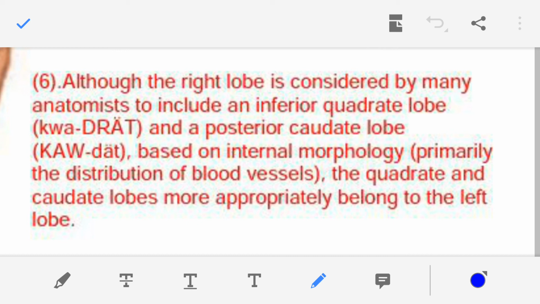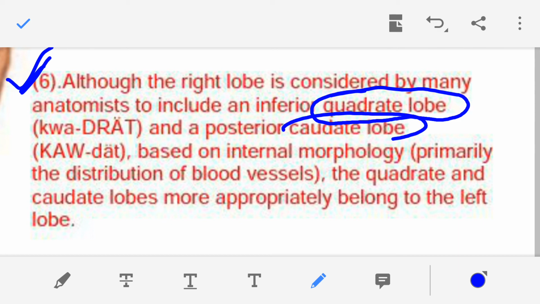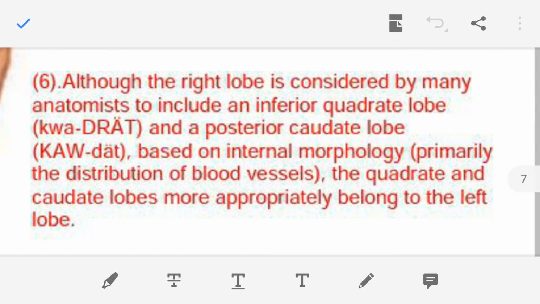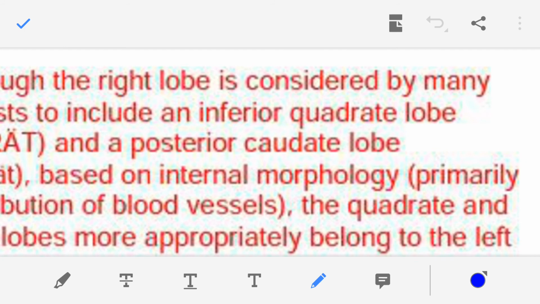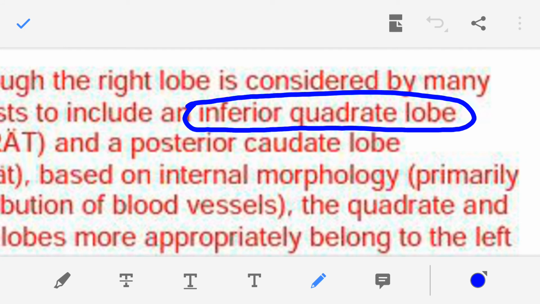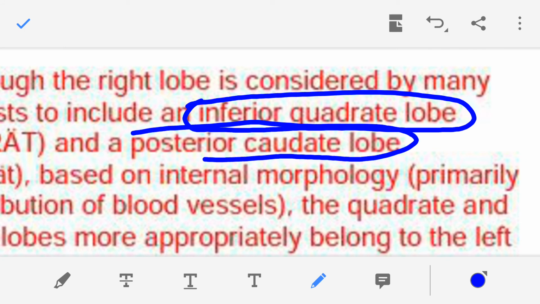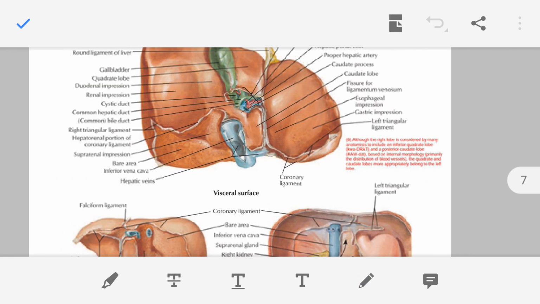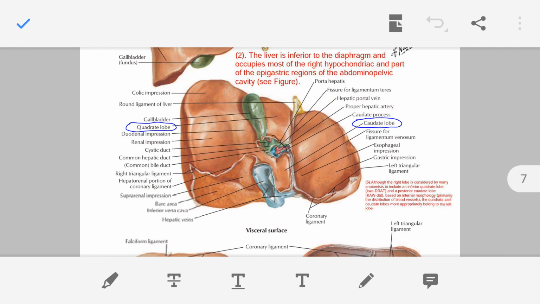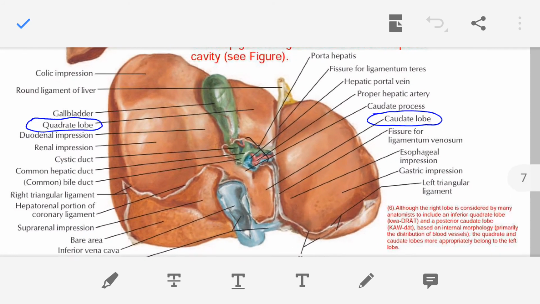So first, in this sixth point, we are discussing the quadrate lobe, and the second lobe is the caudate lobe. So here in this point: inferior quadrate lobe, posterior caudate lobe. Before we discuss this point, I am showing you